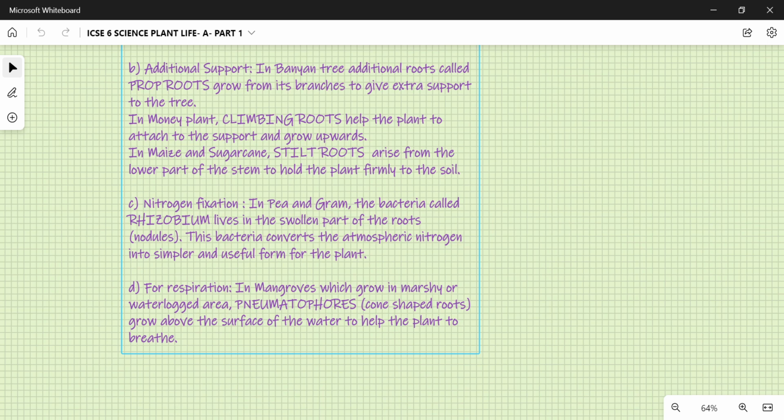The next modification is for respiration. Now, in mangroves, they grow in marshy or waterlogged areas. So it is very difficult for the roots to breathe. So they have cone-shaped roots called pneumatophores, which grow above the surface of the water and help the